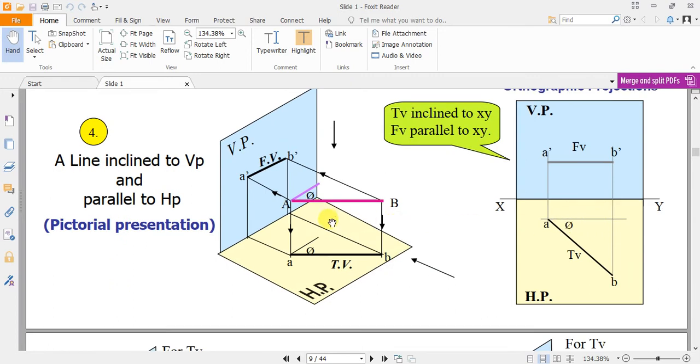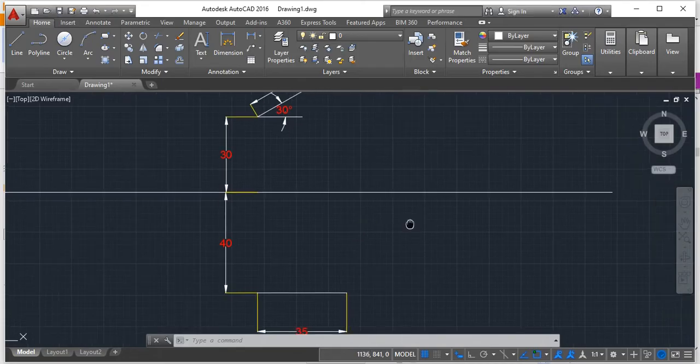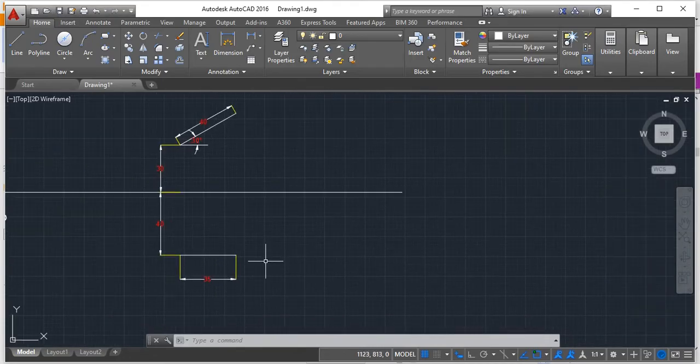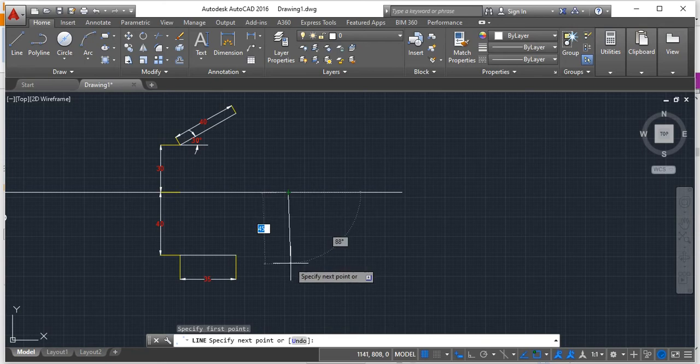Similarly, how do you start with a line that is inclined to VP and parallel to HP? I am just assuming the same dimensions but in a different way. First thing is, in top view it is located at 40 mm below, then the angle is 90.